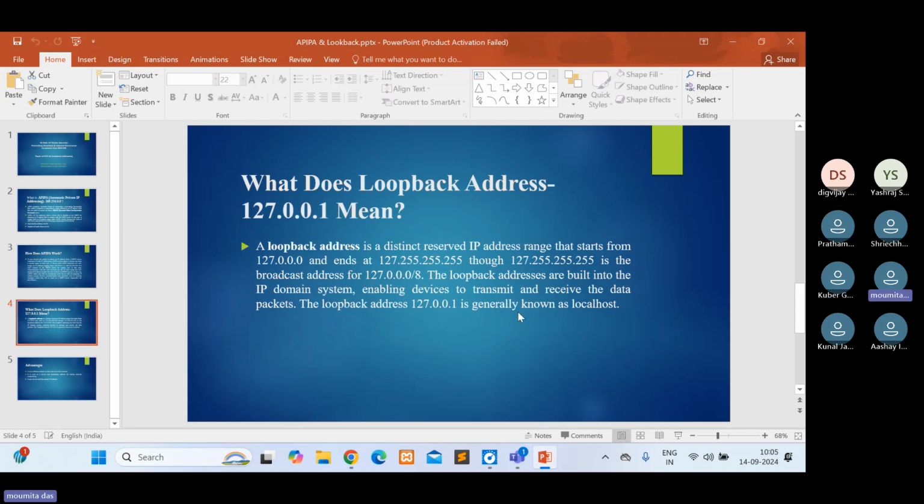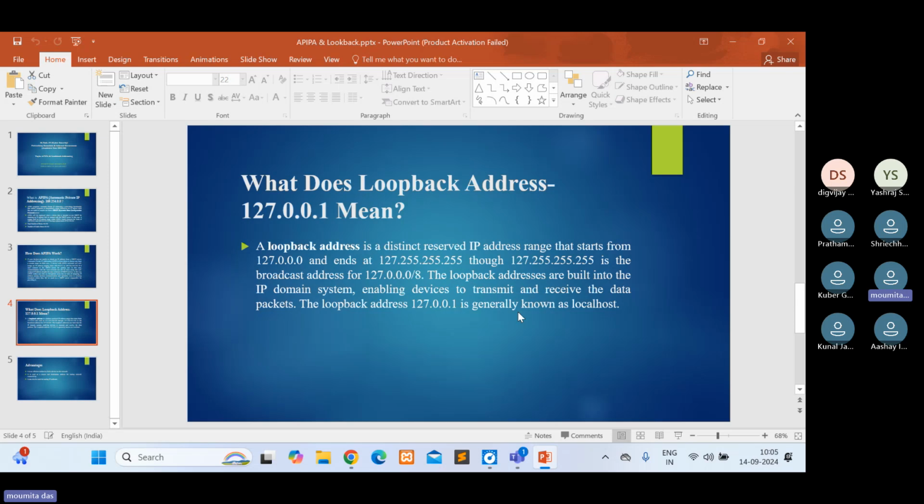Then, what does loopback address mean? A loopback address is a distinct reserved IP address range that starts from 127.0.0.0 and ends at 127.255.255.255.